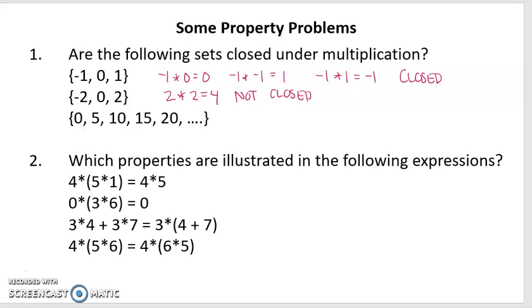How about the multiples of 5? 0, 5, which you often do with young kids. You start skip counting. 5, 10, 15, 20, and you start going up. So is this set closed? Turns out it is. I can represent these as 5 times something, because 5 is 5 times 1, 10 is 5 times 2, and so on. So if I take any two numbers, 5 times I,